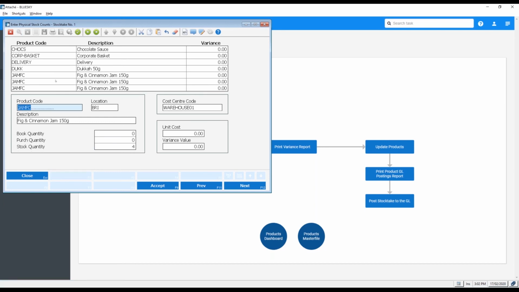I've done too many, but anyway, that's how easy it is to put in the stock. So if I accept that, then